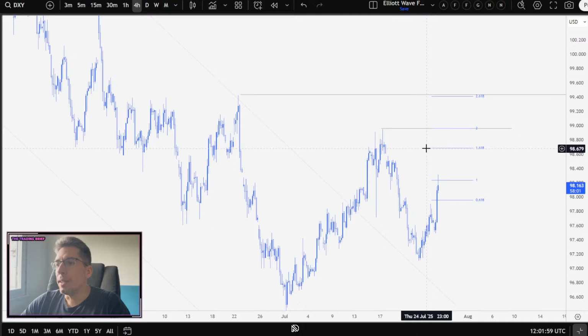But I want to keep a watch at this 1618, so 98.69, and like we said, the high at 98.94. So definitely those two levels are going to be crucial for this week,